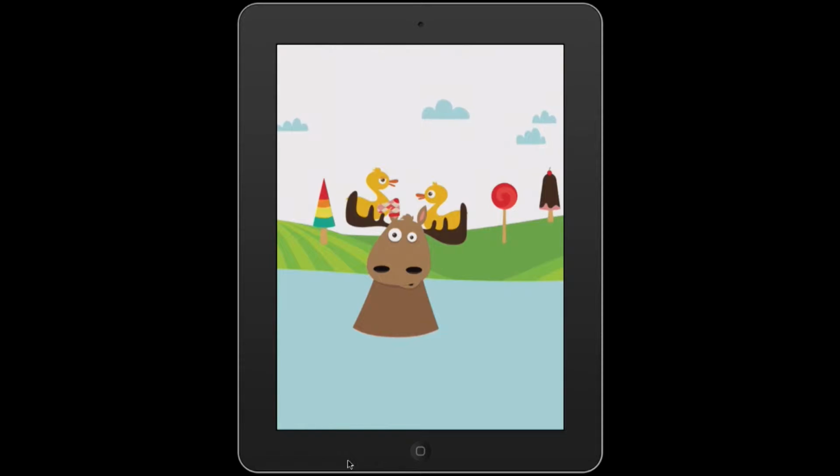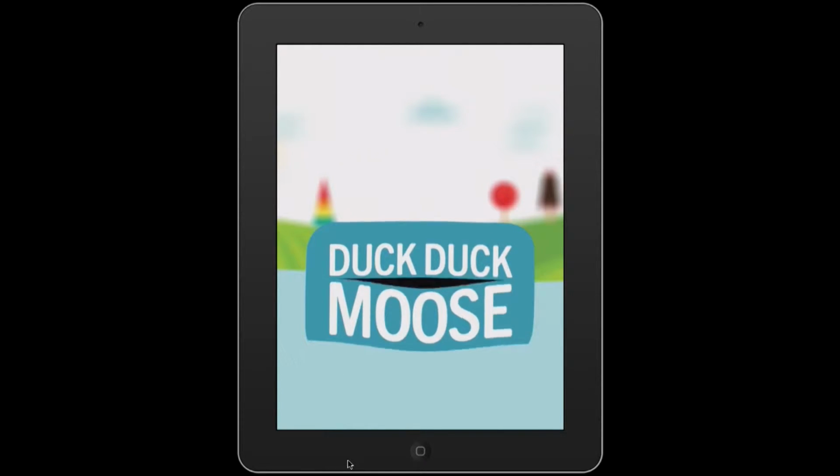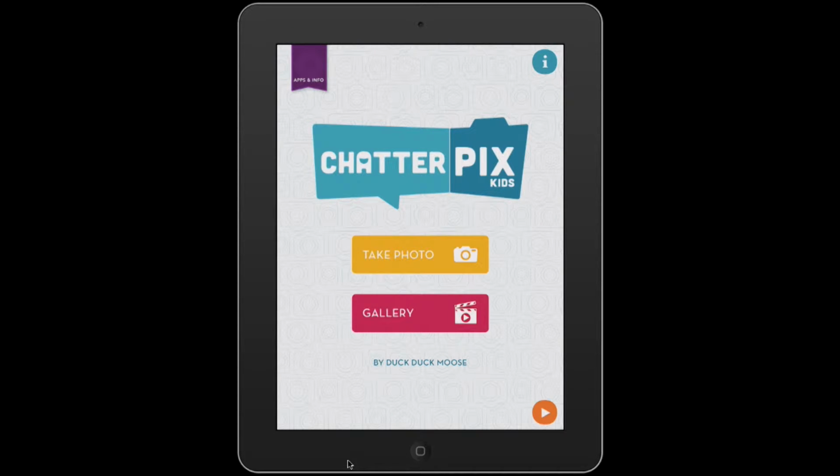So we're going to look at about 4 apps today, all of which are free and all which are very fun to use. The first app we're going to look at is ChatterPix or ChatterPix Kid. I'm going to be showing ChatterPix Kid here. ChatterPix by DuckDuckMoose allows you to animate any object. So you can either take a photo or go to the gallery. I'm going to go to the gallery,